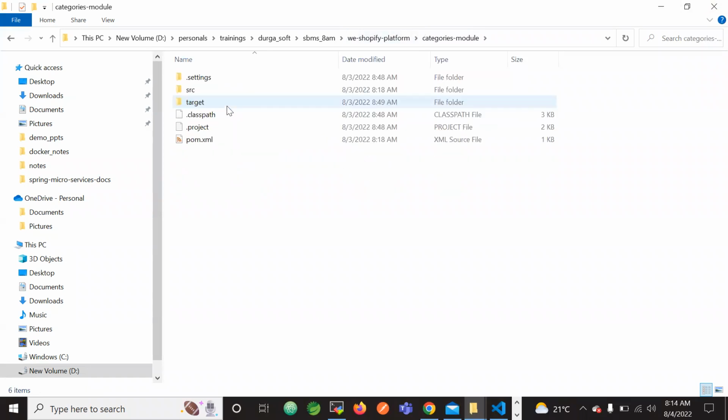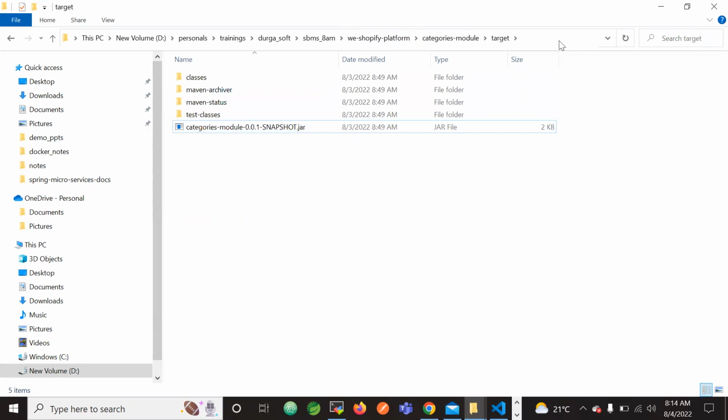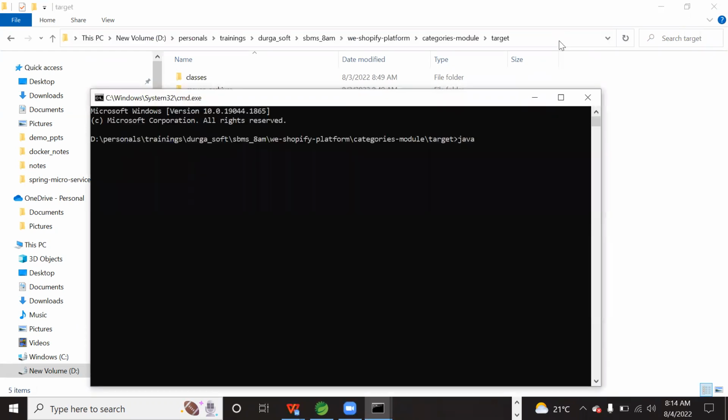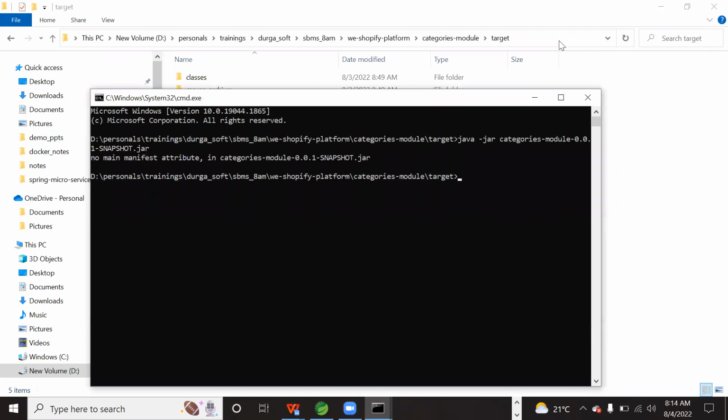Now let's go back to this categories module. Go to target. It got the jar file. But when we execute this jar file, java -jar categories, it is not able to execute. When we make it executable, it becomes a microservice.